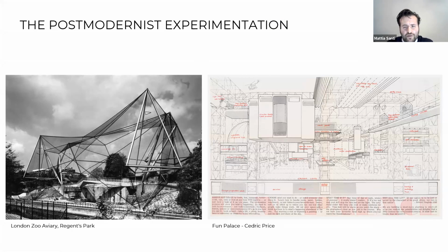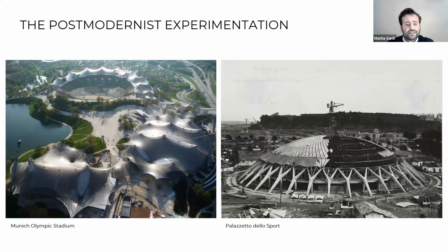The Fun Palace is another example because it proposes a building that becomes an interactive and adaptable educational and cultural complex. Other interesting examples of this innovation that introduce new logic of performance and material behavior in the way we design building envelopes are, for example, the